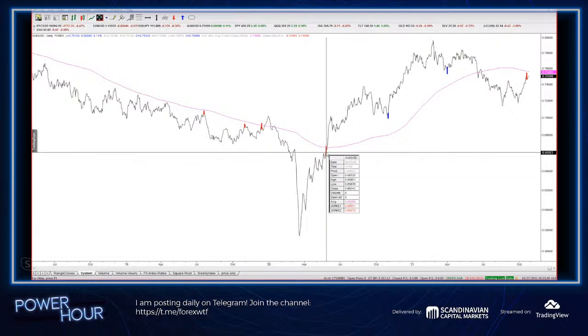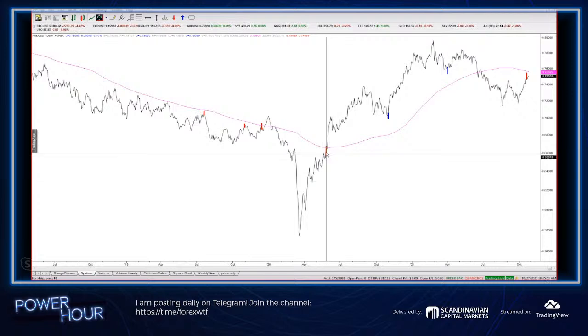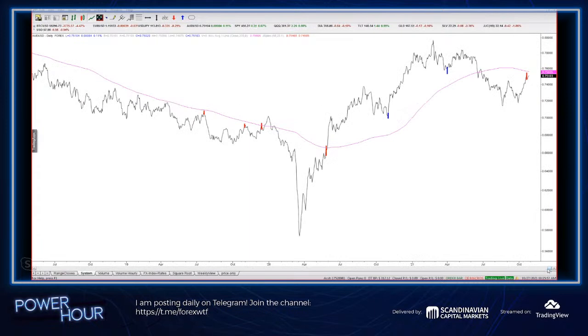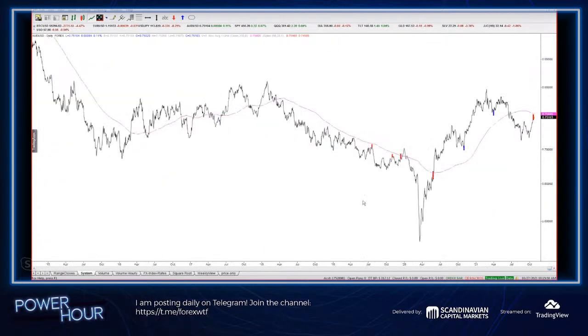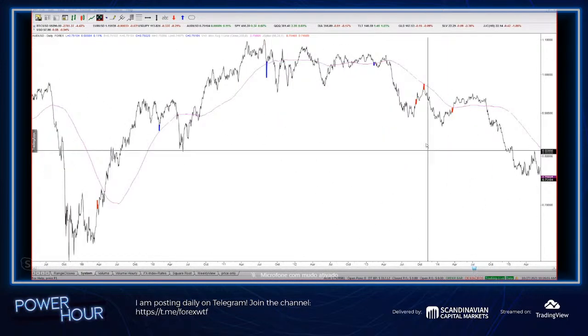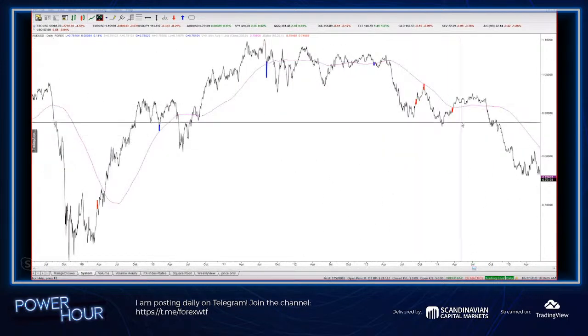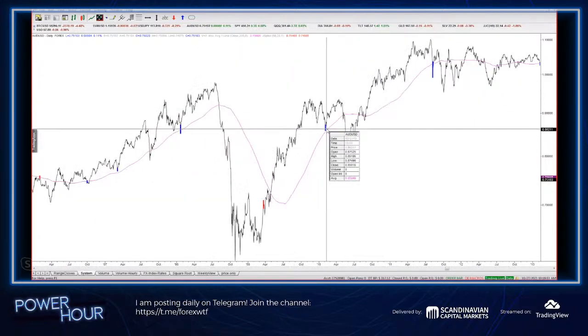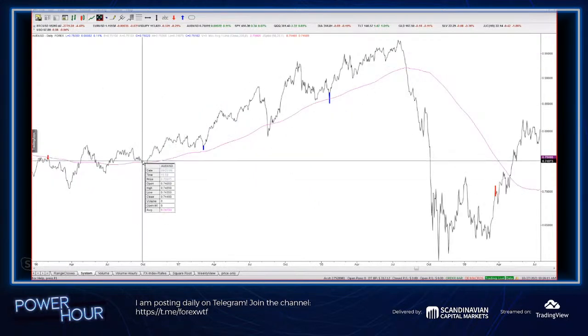Obviously, this was a signal here which would have been negated right away because we broke up through this high. But you can see if I scroll back and look, you don't get a lot of these. In fact, you go years without them. Right? We had some here. This would have been back in 2013. You can see some bullish ones here. This is 2010. On the way up back in 2006, we had a bunch of them, which were great, right? This is a short here, it's a buy here, it's a buy here, it's a buy here.